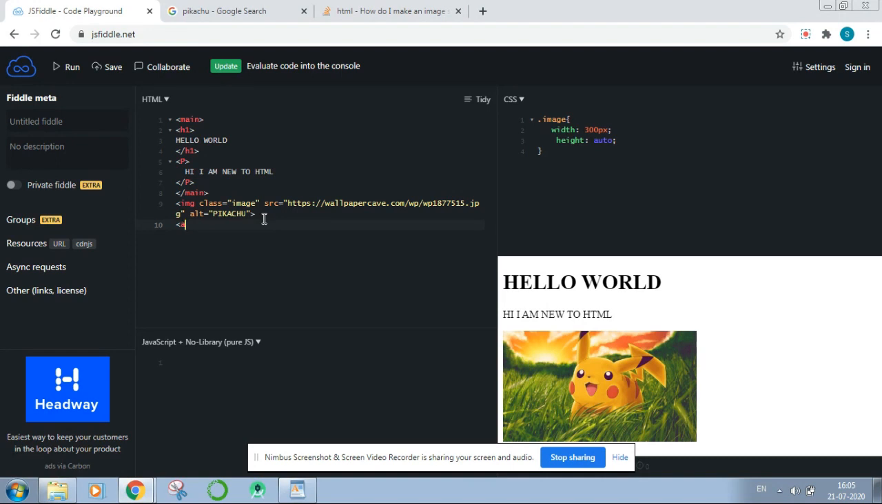The anchor tag also consists of the href attribute, which holds the link of another web page. So I am copying this, jsfiddle.net. This is one of the links. I paste it here. Okay, the link has been pasted here, and